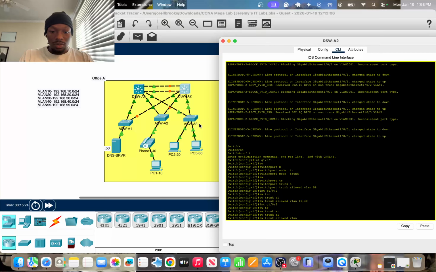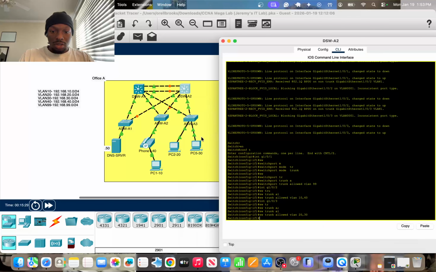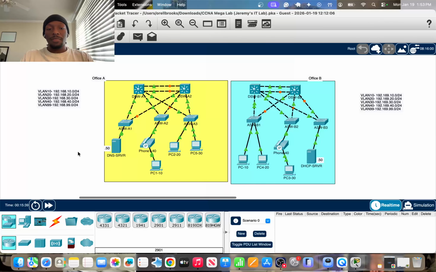And as you can see, it will still work. So you don't technically have to do it on both sides. And our trunks should be correct: 99, 10.4, 1040, and 2030. And it's good. And as you can see, we only